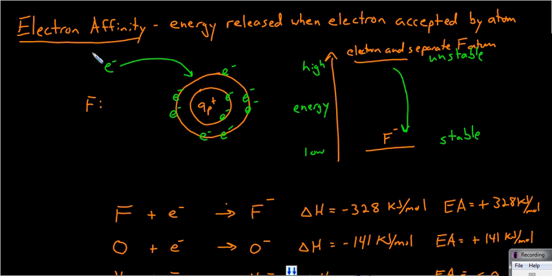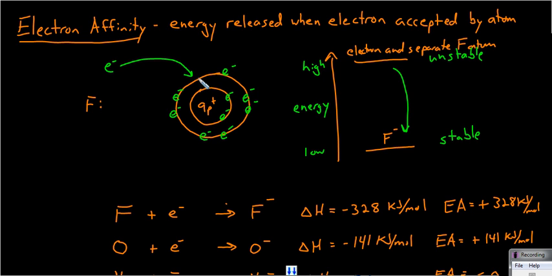Electron affinity is the amount of energy released when an electron is accepted by an atom, although it's generally measured in kilojoules per mole of electrons accepted. So take a look at fluorine here. Now, it is not very stable at the moment, and there's also a fairly unstable electron out in the vacuum as well. But these can both be stabilized by the electron being accepted into the fluorine and joining principal energy